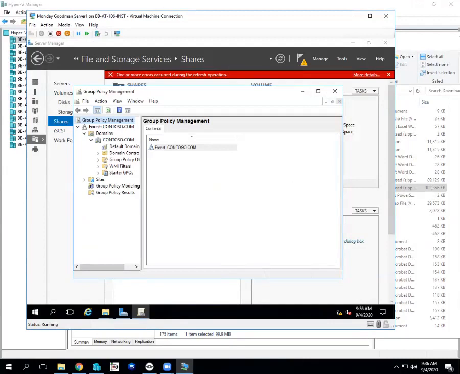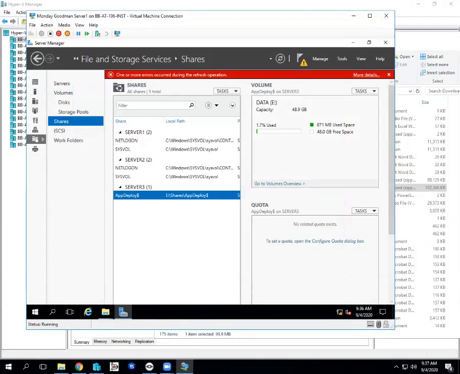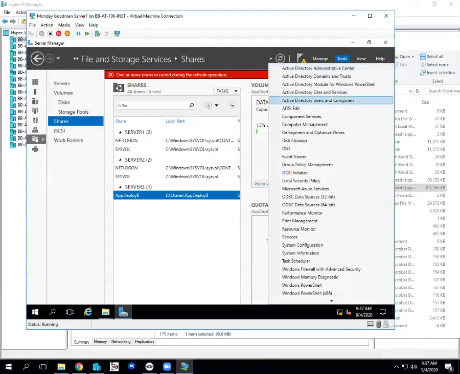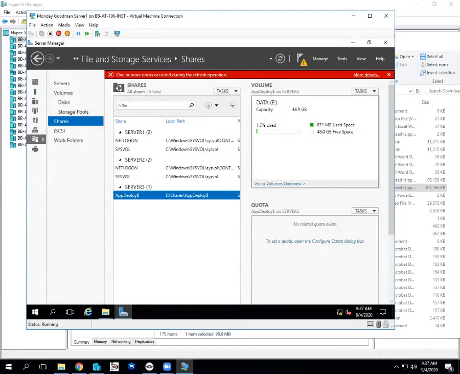It'll make things better. So what I want to do is deploy Google Chrome out. I don't want to deploy it to every machine, or just the workstations. I say we deploy it out just to workstations. To do that, I'll need an organizational unit created. So Active Directory users and computers. We'll create a new organizational unit for